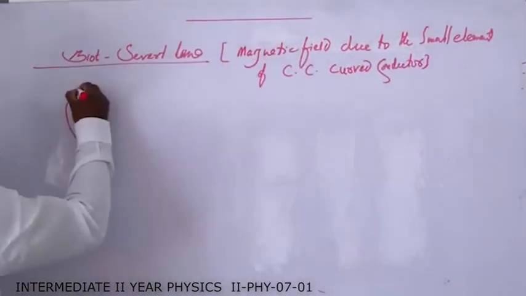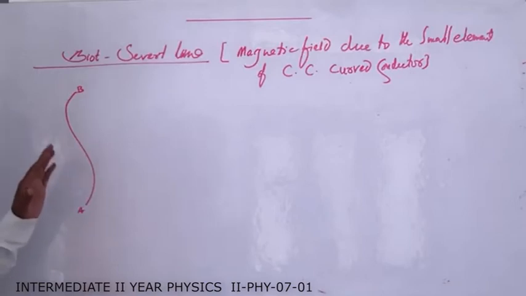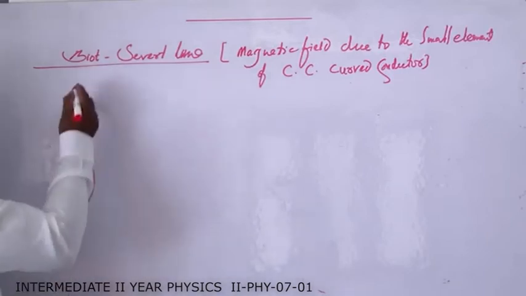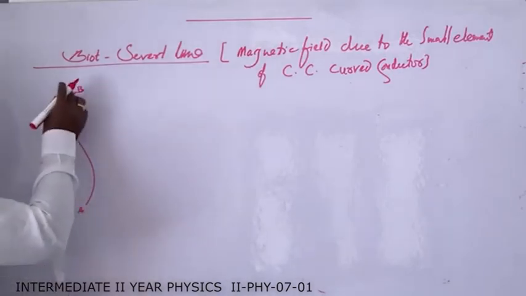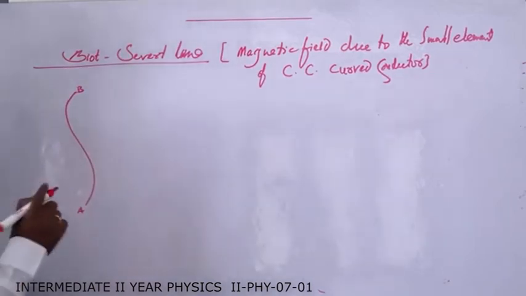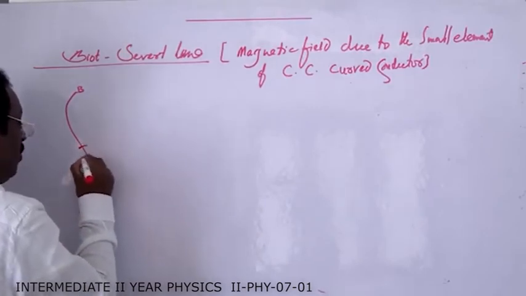Now what is the specialty of a curved conductor? In this case, the current is not symmetric. There will be fluctuation in the electric current with time. So AB is a curved conductor. Now this curved conductor is divided into a number of equal parts. One of the small parts is called an element. Here AB is the small element.